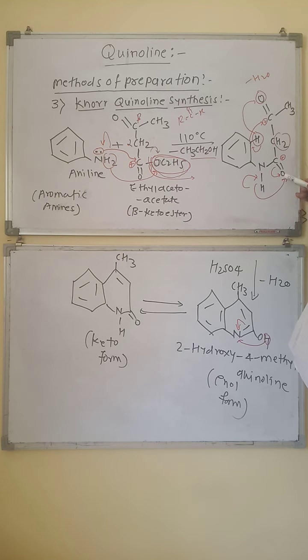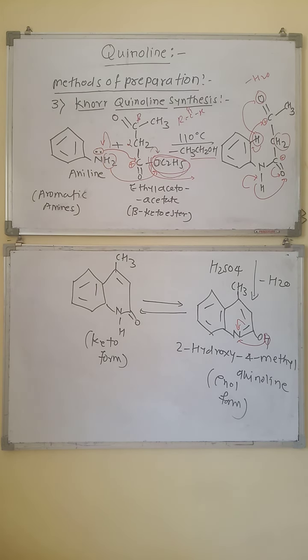Now this oxygen will abstract this hydrogen from the nitro group. Okay, and this hydrogen gives a lone pair of electrons towards the nitrogen. So this nitrogen becomes electron rich and the carbon electron deficient, so there is a formation of a double bond. So here a nitrogen-carbon double bond forms, and this oxygen bears a hydrogen, so there is a formation